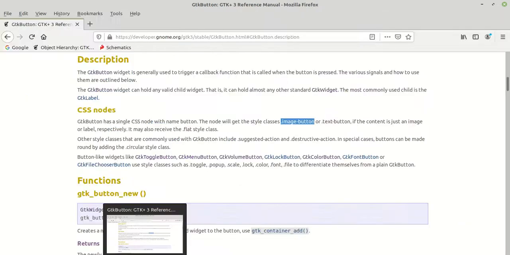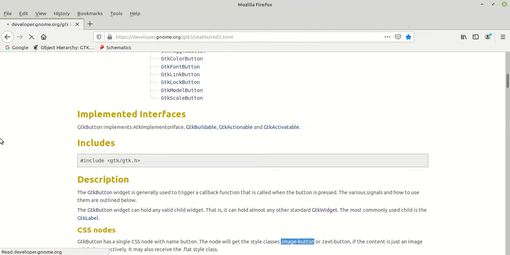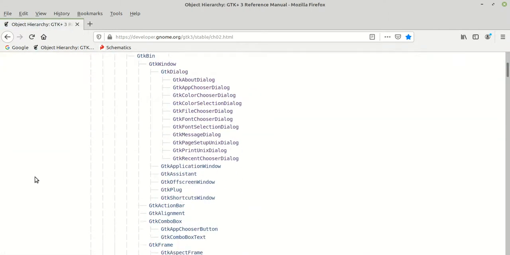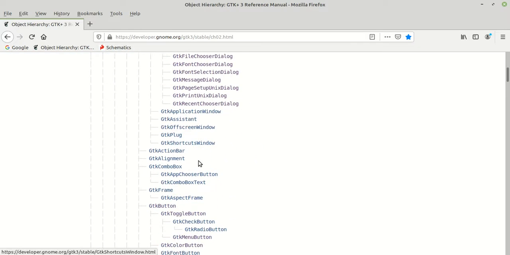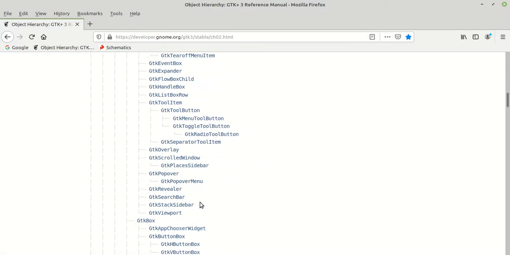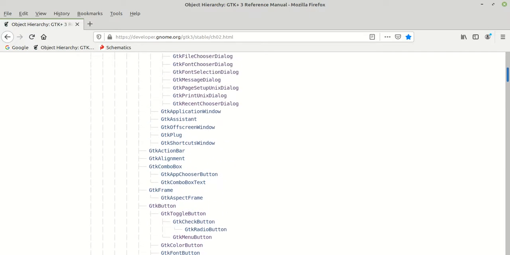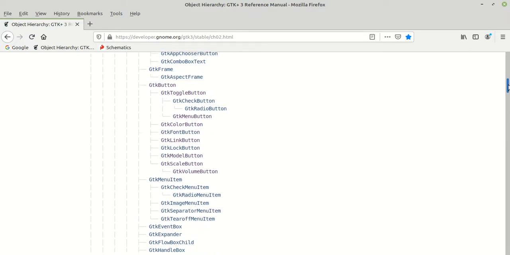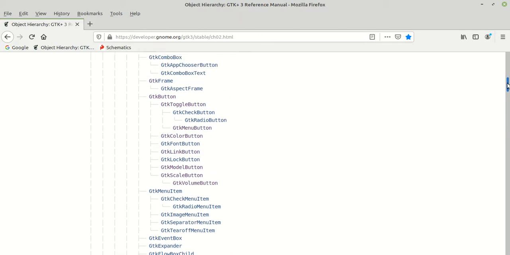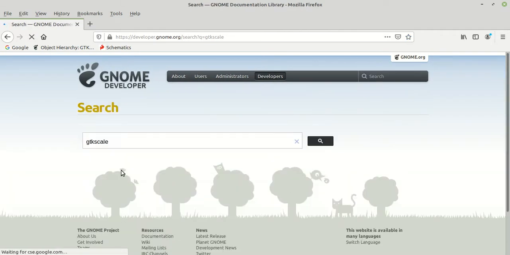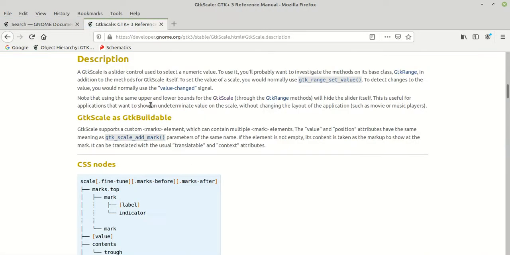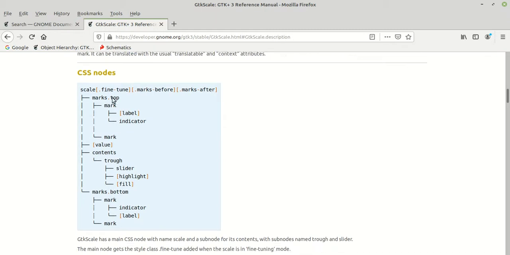Well, let me go back a little bit to our documentation. Here's the object array, and I need GTK scale. Where are you? Whatever, I don't want to search for it now. It should be where the buttons are. Radio check button, whatever. GTK scale, I take the faster way. So GTK scale, and now if I go to its description on the CSS part, you see this is the